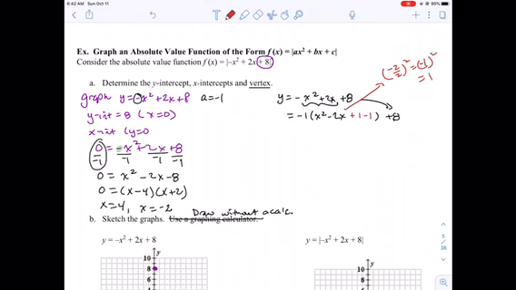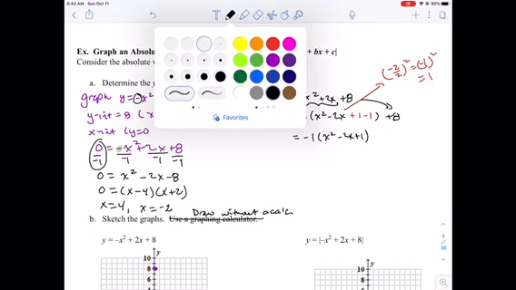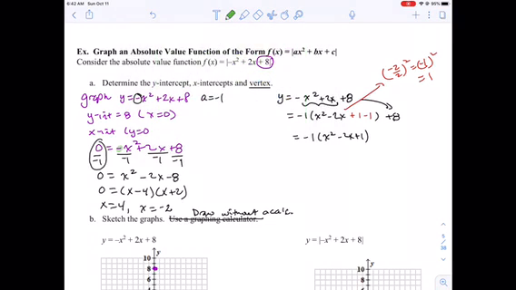So we're going to add 1 and subtract 1. And we get a negative 1 times x squared minus 2x plus 1. This negative 1 comes out, but before it comes out, we need to multiply it by this negative 1. So we're going to add 1 to our value of 8 to give us a maximum there of 9. Okay, so when we factor this perfect square trinomial now, we get an x minus 1 squared plus 9,